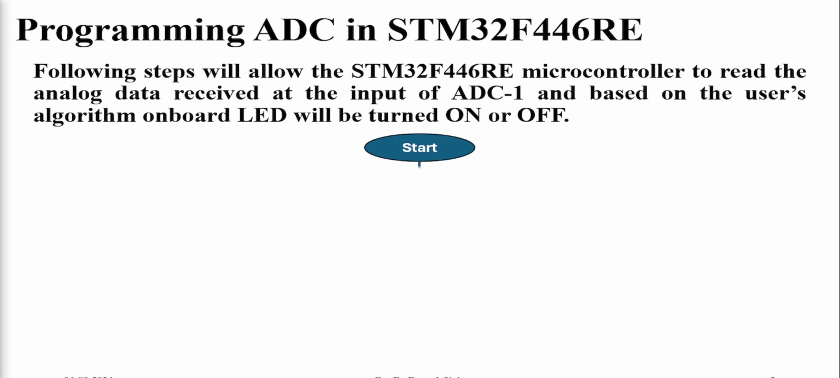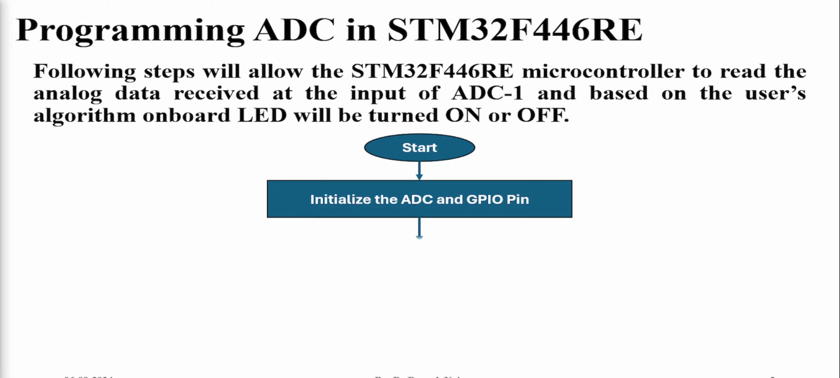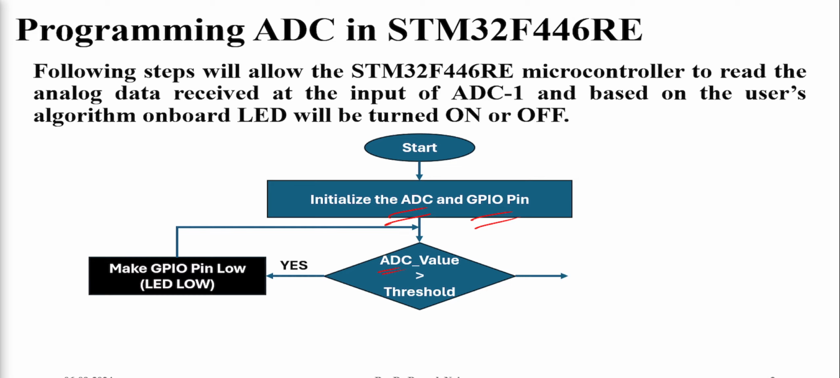Let us see the flowchart of this project. First of all, we will initialize the analog to digital converter that we did in the part 2, and then we will initialize the GPIO pin to which the onboard LED is connected. After reading the ADC value, we will compare that value with a threshold value that we will provide from our end. And if the ADC value is greater than the threshold, then we will make the GPIO pin or the